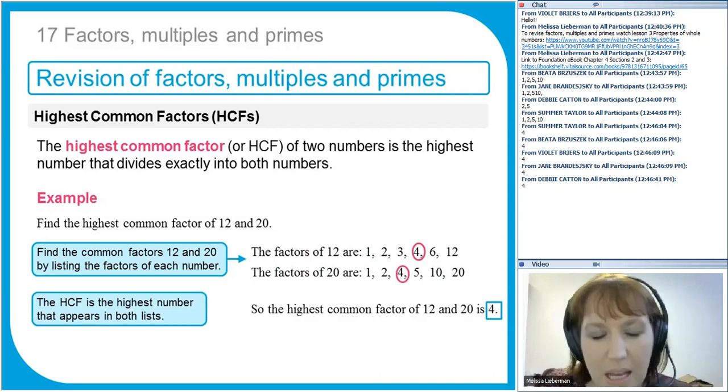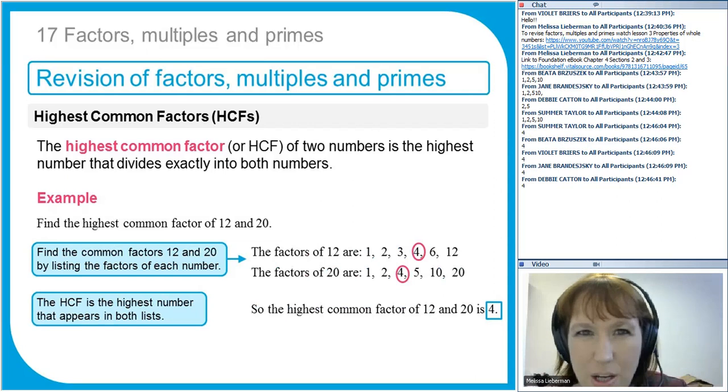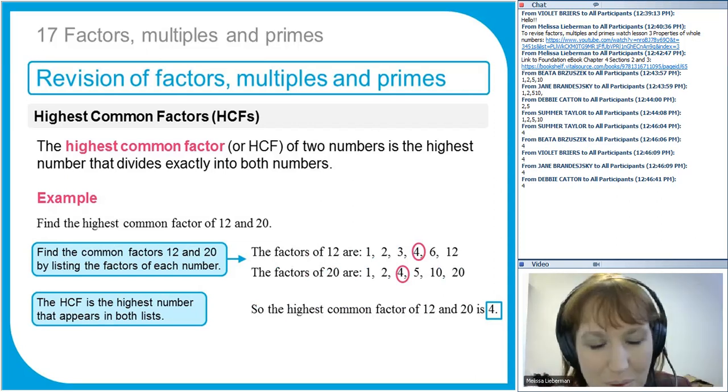And it's 4. Now, some people get a bit mixed up with highest common factor and lowest common multiple, and I think that factors are normally smaller than both numbers, but we say highest common factor, so that sometimes makes you think that